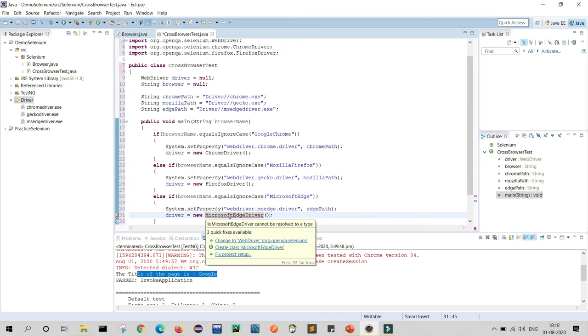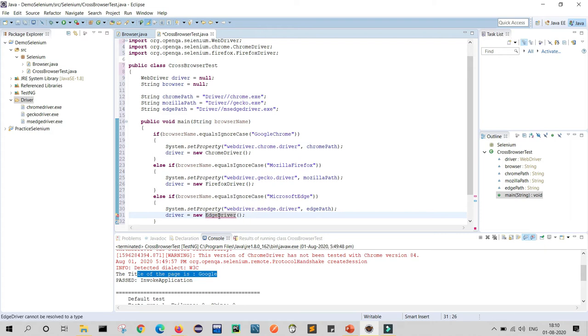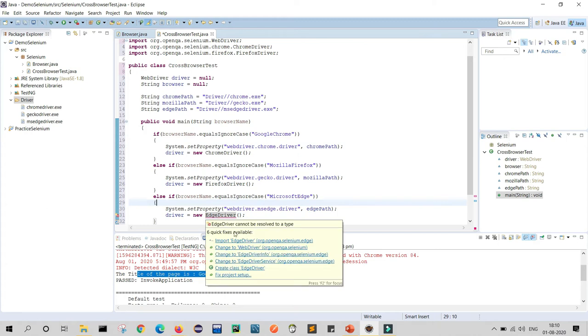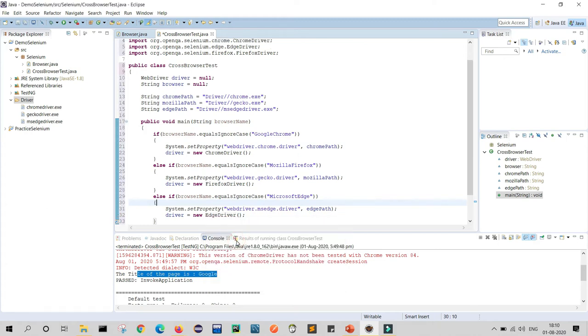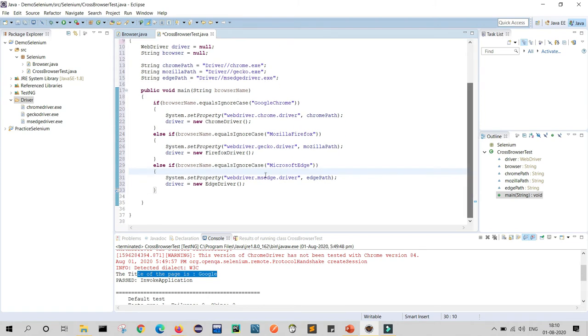It is import, no, so we have to use Edge driver, I think. If I move my cursor, yes, import this. Now this is done.